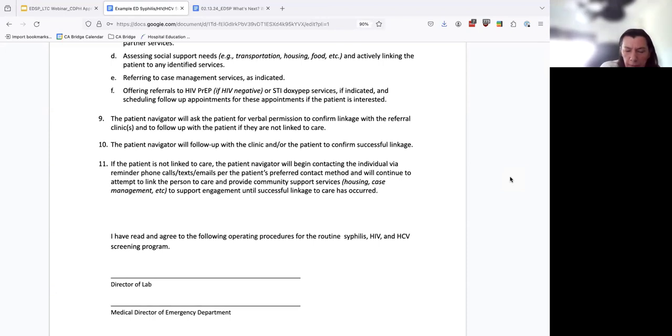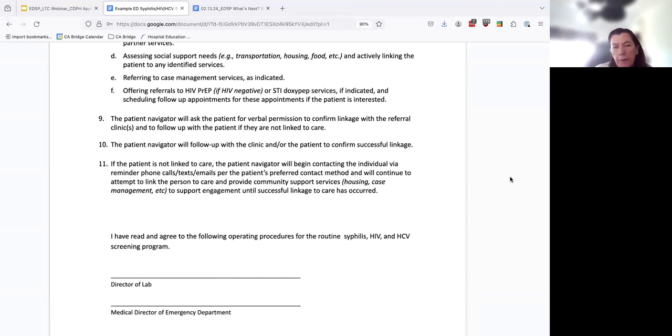And often what emergency departments do is they give the navigator sort of X number of attempts, 3 attempts, 5 attempts, whatever number that you and the navigator settle on as an appropriate number of attempts to reach an individual. And then when they're not successful, then referring that individual to the public health department for ongoing efforts to contact the patient.